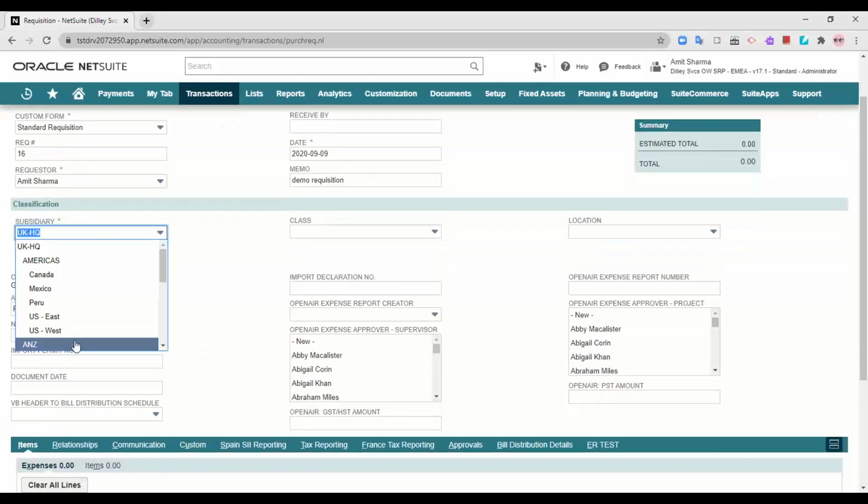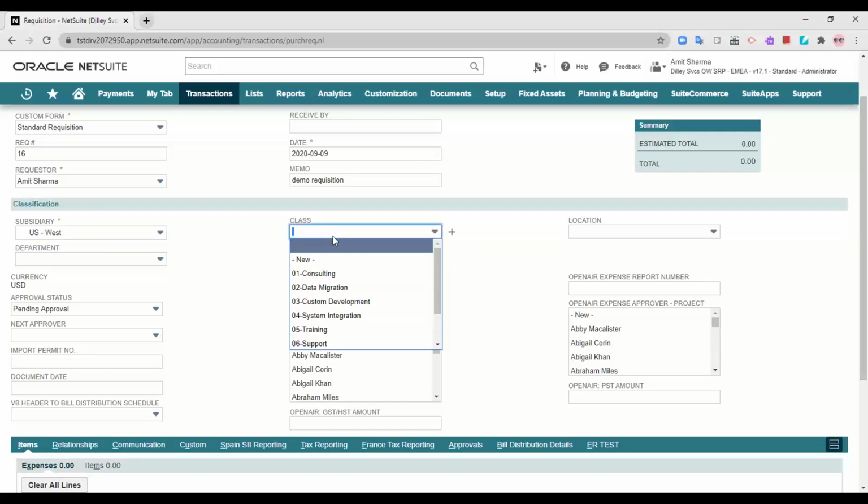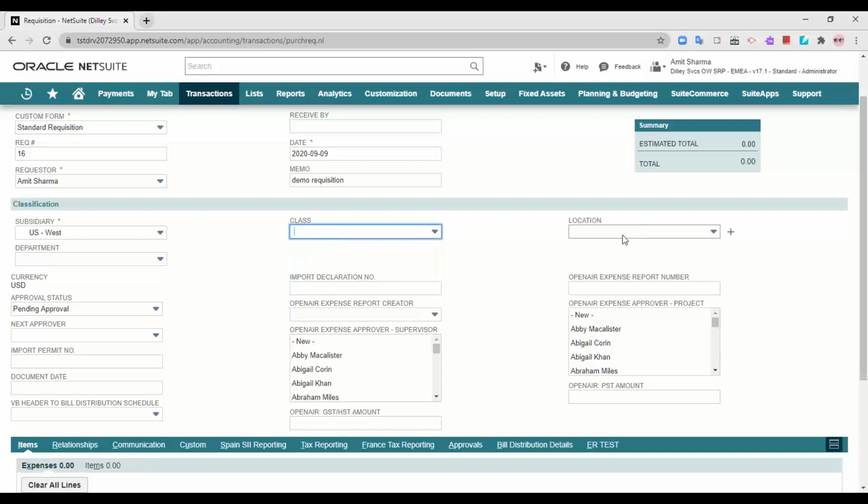Now the subsidiary for which I would like to create the requisition, that means the subsidiary for which I would like to order the item. After selecting the subsidiary, next I can also select the class from here. Location, for which location I am requesting, and I can select the department. Currency is automatically populated.